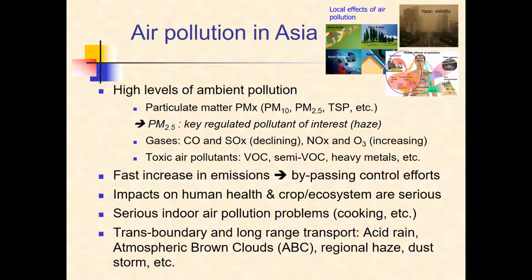In addition, we also have transboundary and long-range transport, like acid rain and atmospheric brown clouds, which were actually first discovered over the Indian Ocean, and now it has become a very familiar term. Regional haze is caused by forest fire and dust storms. So this is perhaps not all, but it is a key problem in Asia. So in terms of level of pollution,